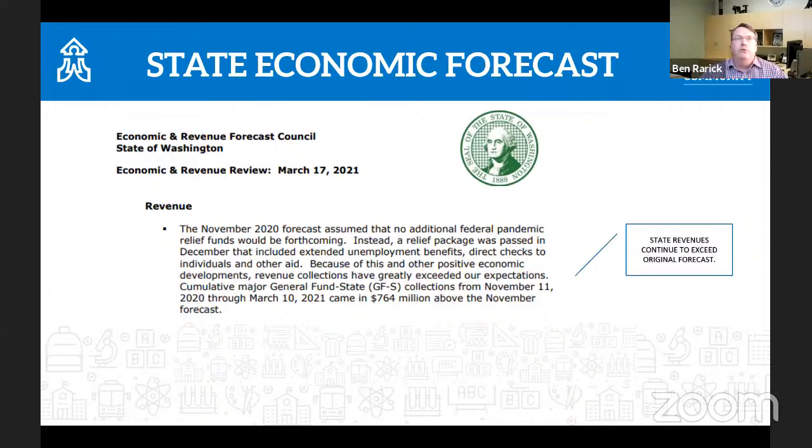Okay, so the first thing, which is unexpected and good news, is that, contrary to most of what everybody thought would happen, revenues for the state government continue to greatly exceed original forecasts. And so what you're going to see in the budgets that came out from the legislature are pretty robust budgets that include increases both in federal spending and state spending. So very much an unlikely outcome as far as I'm concerned.